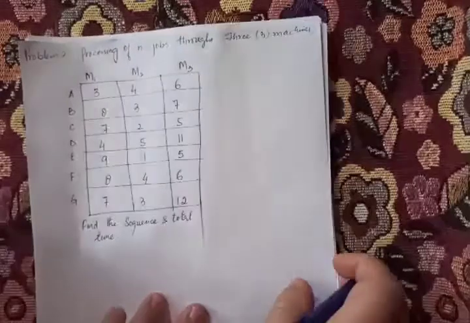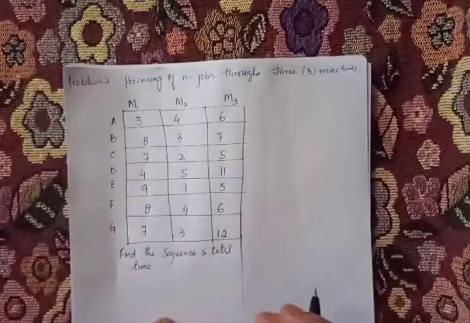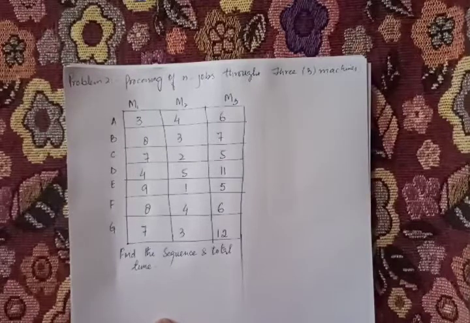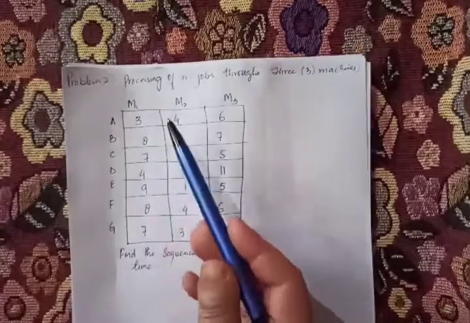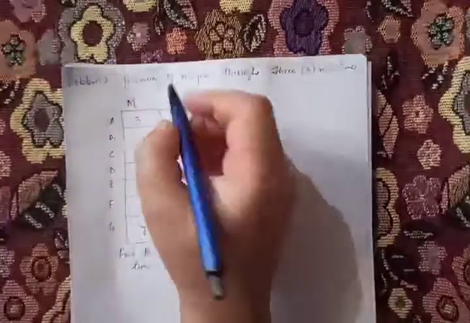Hello everyone. So today we will continue with the job sequencing, and we are left with one problem, that is processing of n jobs through 3 machines. So for this, here's a problem. We have 3 machines and we have 7 jobs. These are the machines